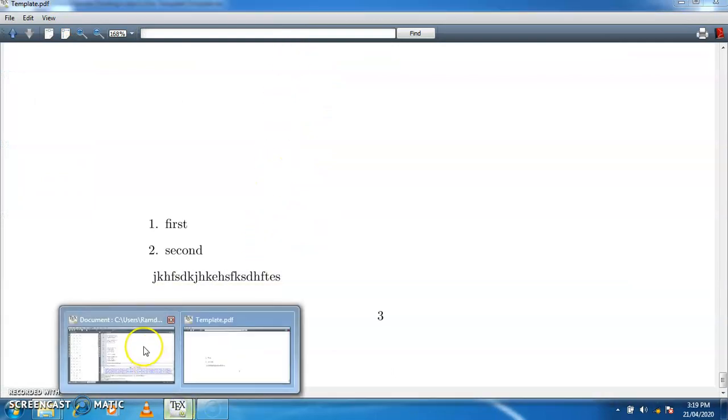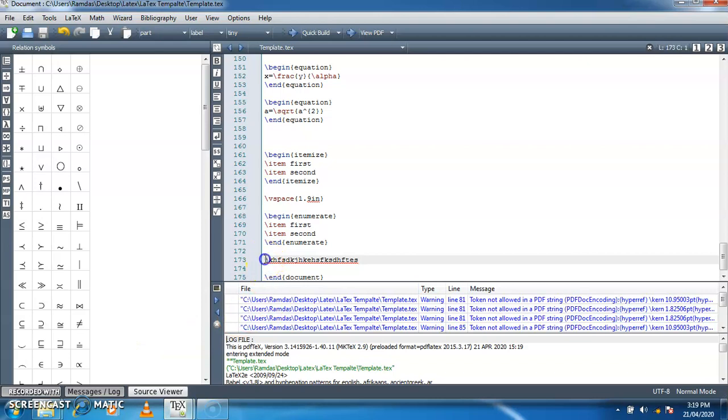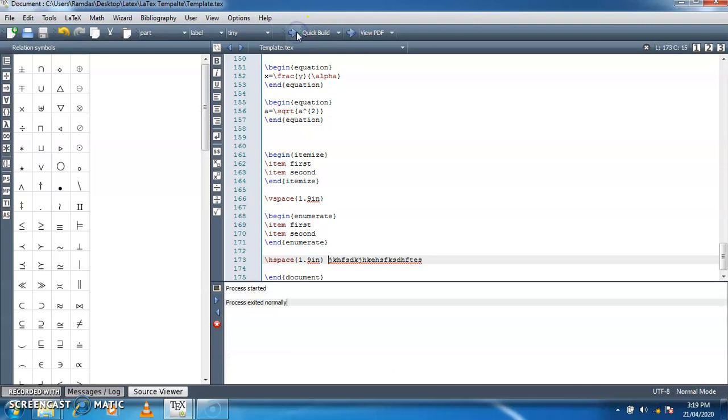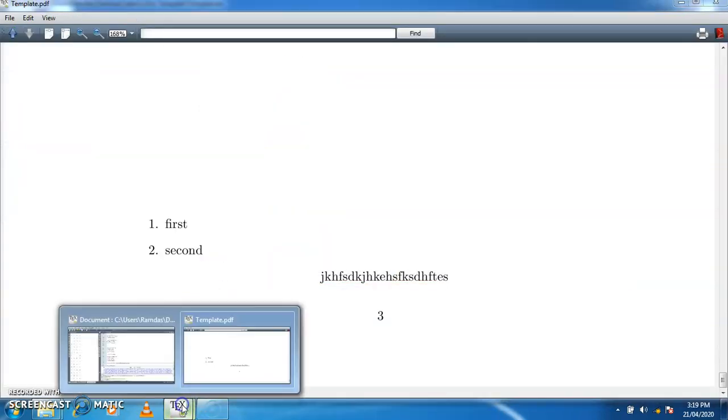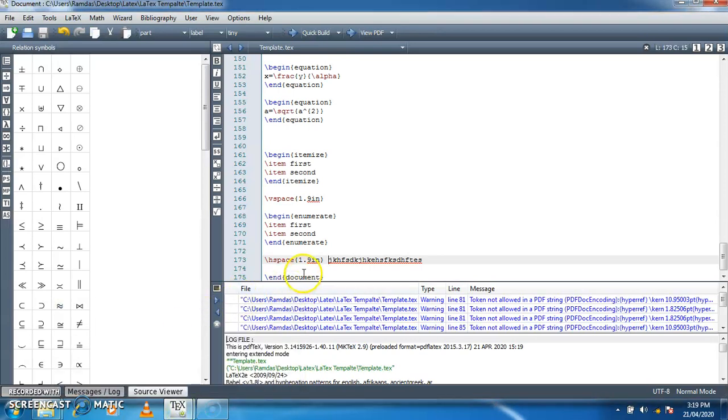Now I am using the command slash hspace. Again we need to give the input to this command in inches. Suppose I give the input in inches, so for that particular line the horizontal space will be automatically included here. You see that 1.9 inch horizontal space has been allocated.